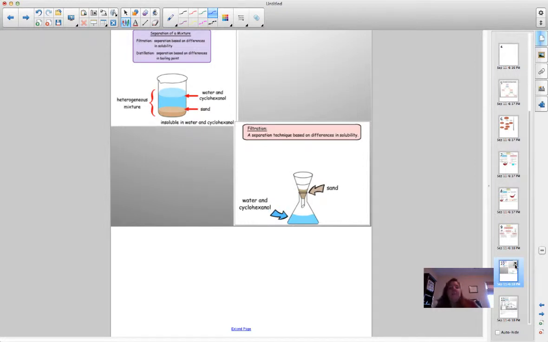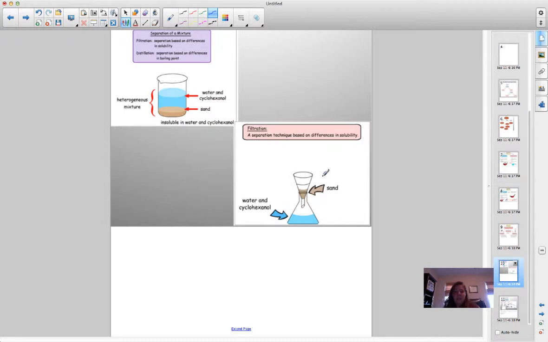Some of the ideas to do this is what we have right here, we can separate our mixture by filtration. Let's just look at filtration a little bit better. We have before you a heterogeneous mixture. There's some sand, there's some cyclohexanol, and there's some water in there. And they, of course, have divided it out by density. It's insoluble in water and cyclohexanol, the sand, and it's also denser than the two substances, which is why it sinks to the bottom. To get this out, we may want to use a process known as filtration,